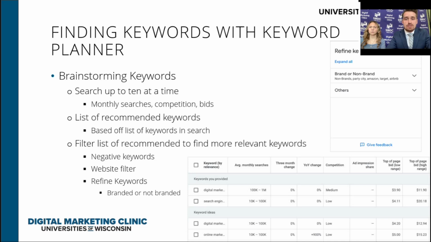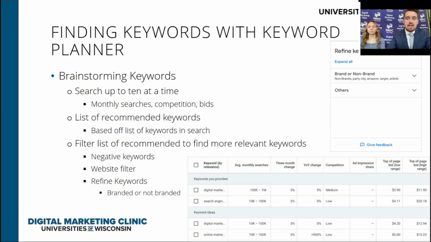You can also apply filters to sort through these keyword ideas that Keyword Planner will give you. This will help you find keywords that will work best for your business and the sites that you're planning on making. Another way you can narrow it down is by adding negative keywords. This will sort out any phrases that won't match your needs. So if you're searching for something and there's a phrase that's coming up a lot that isn't pertaining to what you need, you can make it a negative keyword and it'll get rid of all of those results for you.